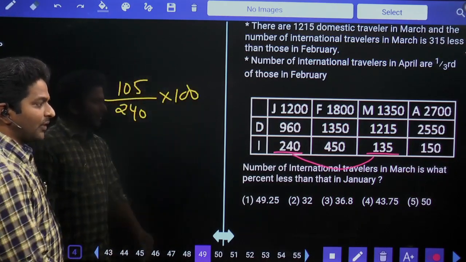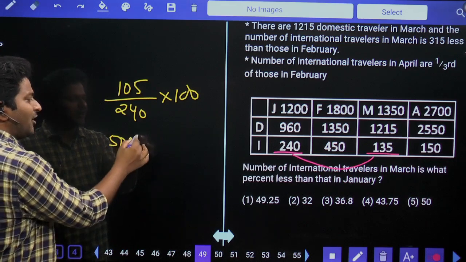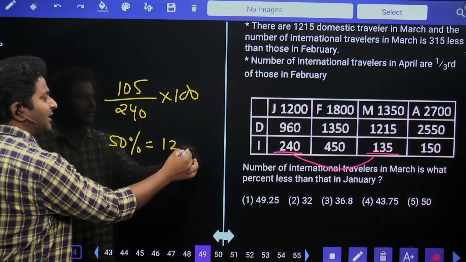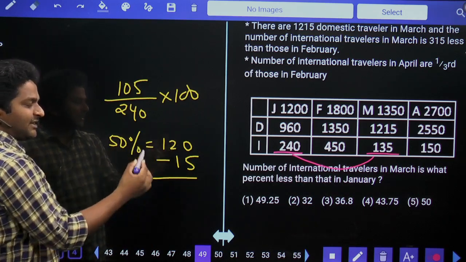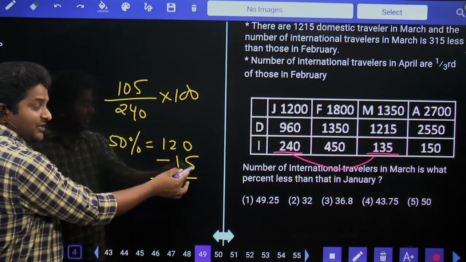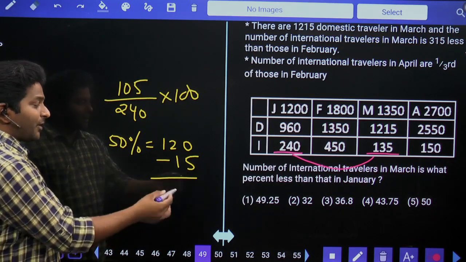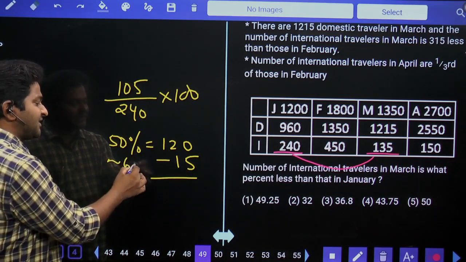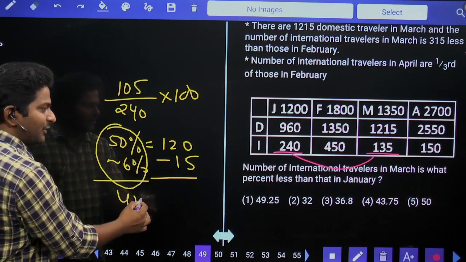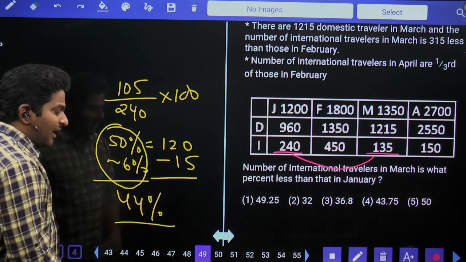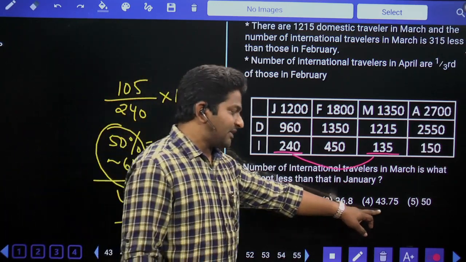Now 50% of the denominator is equal to 120. From this we have to subtract 15. 5% is equal to 12. This is more than 5%. So approximately, if you treat it as 6% and subtract 6% from this, the answer should be close to 44%. There is only one option,